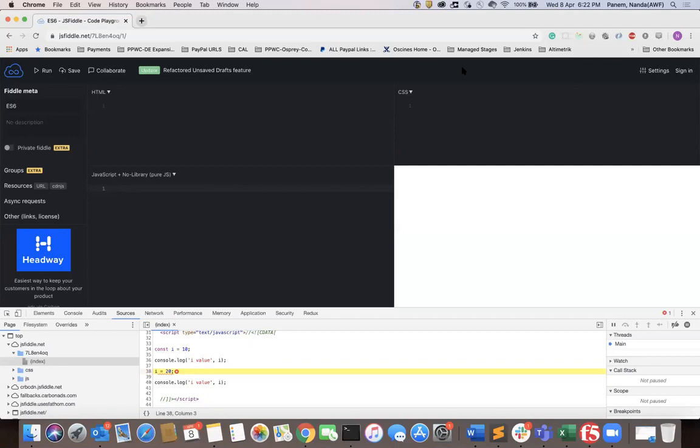Now, what is a class? Classes and objects are the main concepts.